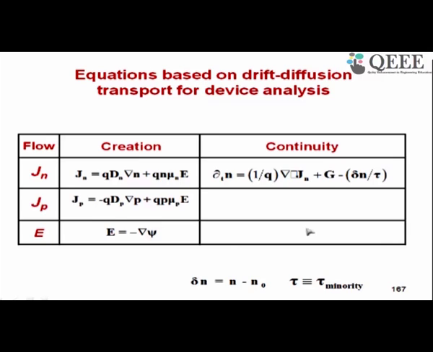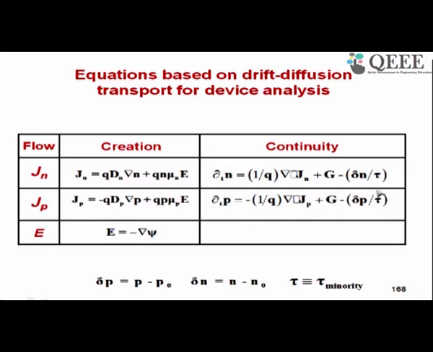The continuity equation tells you how the carriers will be conserved during flow. What are all the mechanisms or phenomena which are active simultaneously and they will result in carrier conservation. So you have one continuity equation for electrons and another one for holes. I will not spend my time in discussing these equations in detail. You can always read up in the books, because our idea in these sessions is to introduce you to some of the ideas so that you can then read up things on your own.